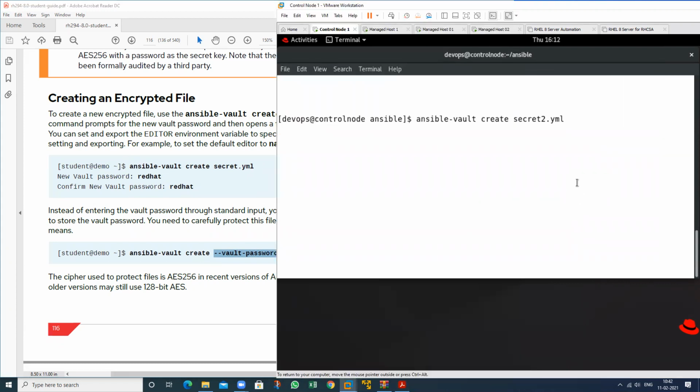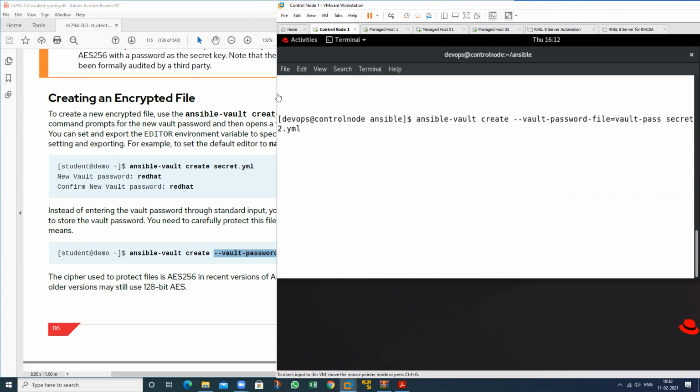So just type hyphen hyphen vault hyphen password hyphen file equal to, what is my file name? Vault hyphen pass. This is my file name.